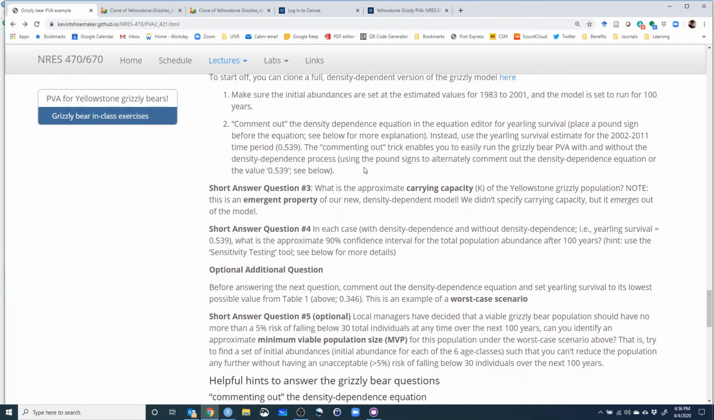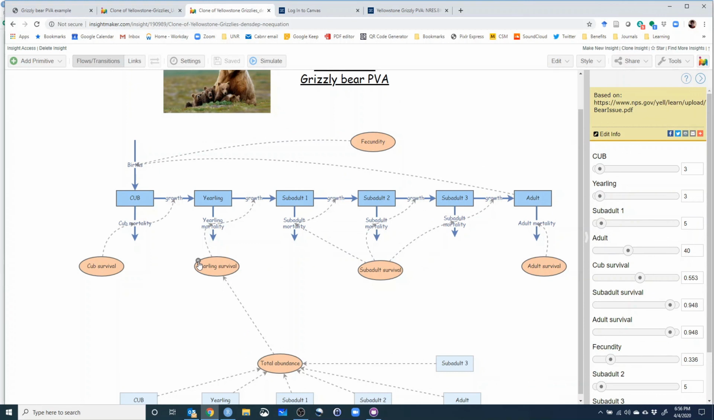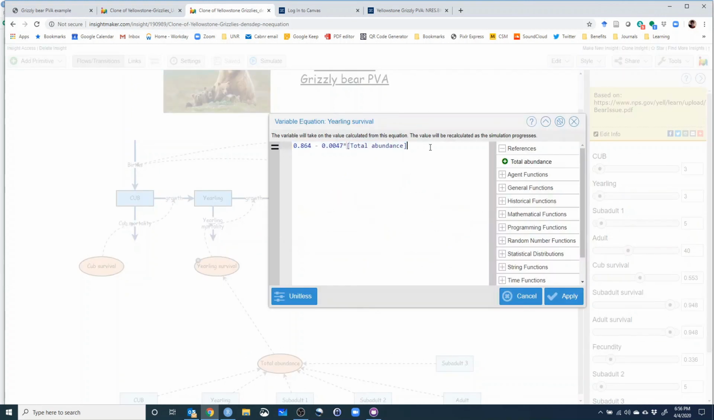What I want you to do is to run the model with and without density dependence, and I'll show you a trick for doing that. You can comment out the density dependence, so you can go back and forth between the density-dependent model and the density-independent model. Use the hashtag, and that will make Insight Maker ignore that whole line, and instead you can make the model density independent by typing in